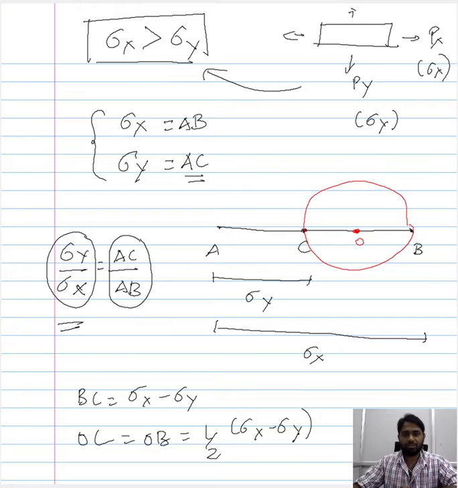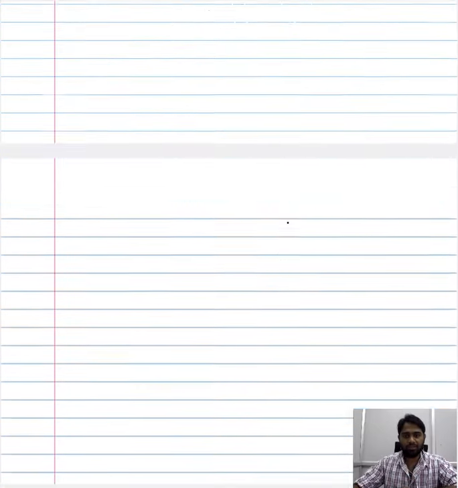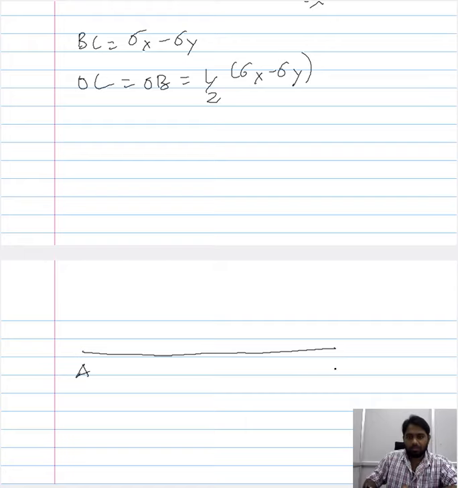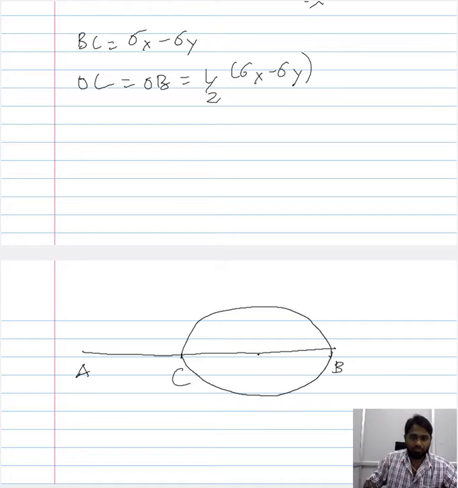So let us try to replot it on a larger scale for further reference. What we have done is, we have considered the stress along the x-axis as AB, and the stress along the y-axis as AC. Now with BC as the diameter, we have plotted a circle. Assume this to be, or rather let me try to make it as perfect as possible.